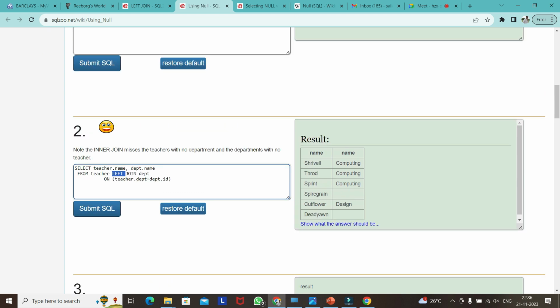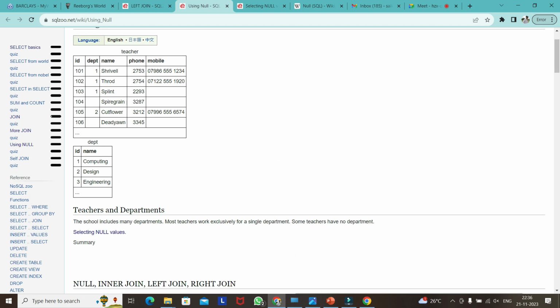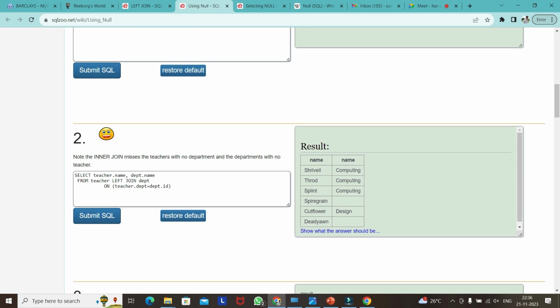But if you use the left join, whether the department has a value or not, it will display the row. It is displaying the name, but we can't get department dot name from the department table, because there is no common ID. But if we use an inner join, we are getting the matching rows. So similarly, right join is like,